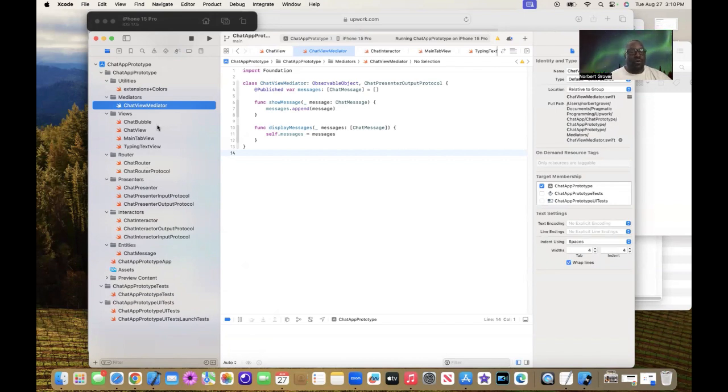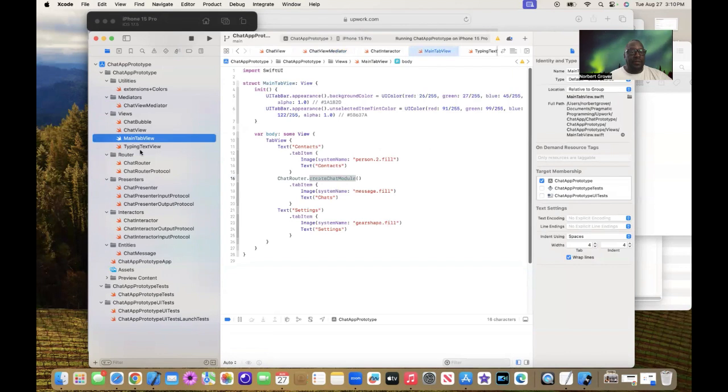VIPER stands for view, interactor, presenter, entity, and router. And this is done to compartmentalize everything. So when I first created this app, when I first got the functionality finished, I got it done with the VIPER design pattern. When I wanted to add